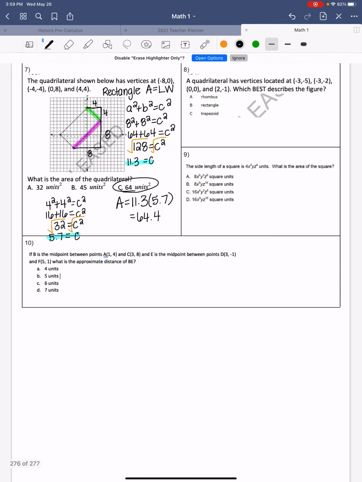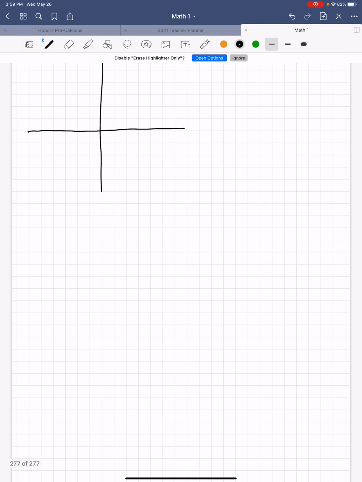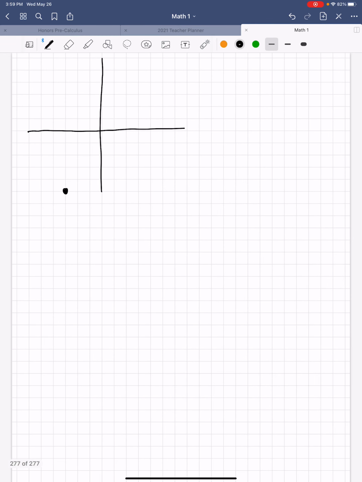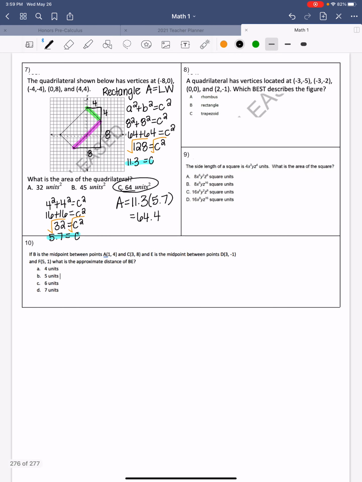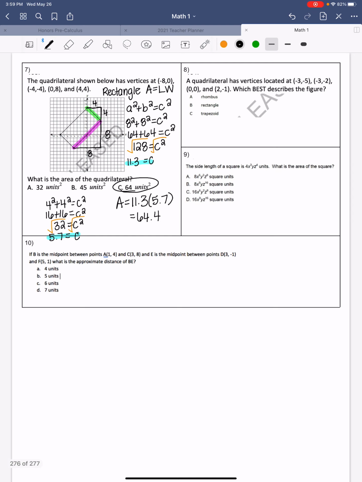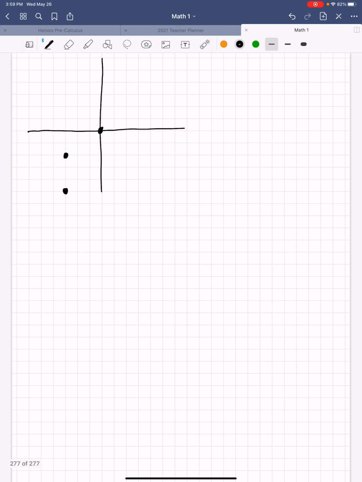So we have -3 and -5. So I'm going to go to -3, -5. All right, there's my first point. Then I have -3, -2. All right, then I have 0, 0. And then I have 2, -1. Now, if I connect all these pieces together here,